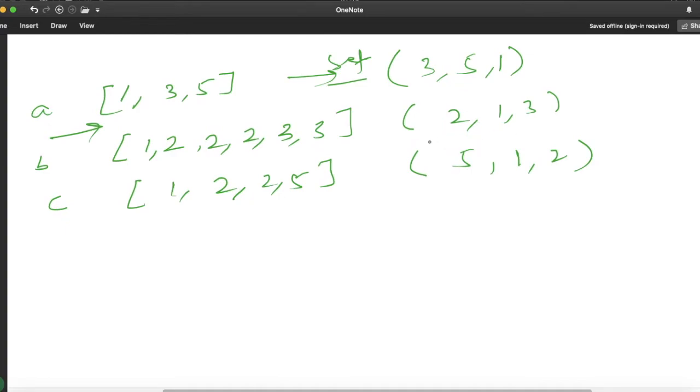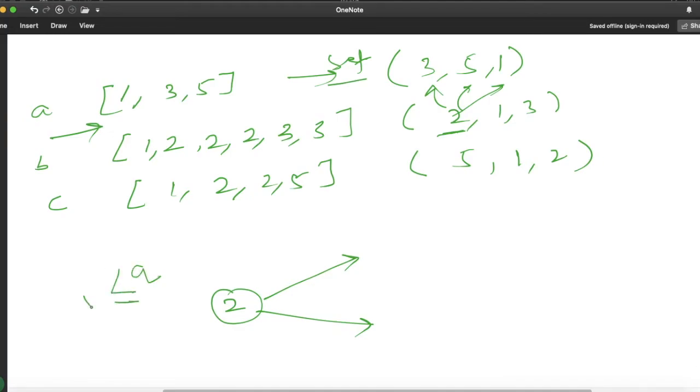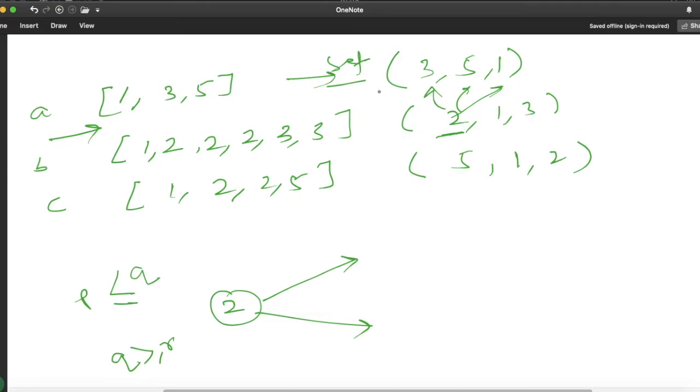Let me explain. Suppose for example we are picking this element. For this element, suppose 2, we have to pick the P and R value. For this P, we have to check all the elements one by one, and we have to check the condition. My Q should always be greater than equal to P, and at the same time this Q should always be greater than equal to R. Now in all the 3 sets A, B and C, the elements will be in random order.